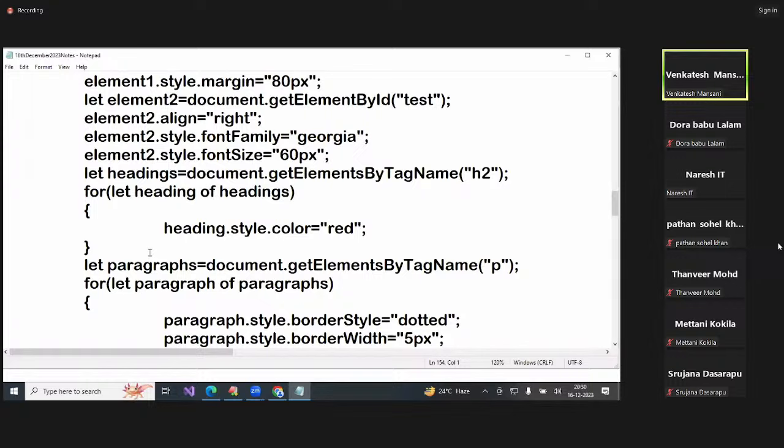In HTML, CSS, and JavaScript, maximum times in interviews they'll ask JavaScript only. In HTML, they may ask only form related tags. In CSS, they may ask selectors. In JavaScript, complete JavaScript. Okay. If you want to refer to something for some more knowledge, w3schools.com is the